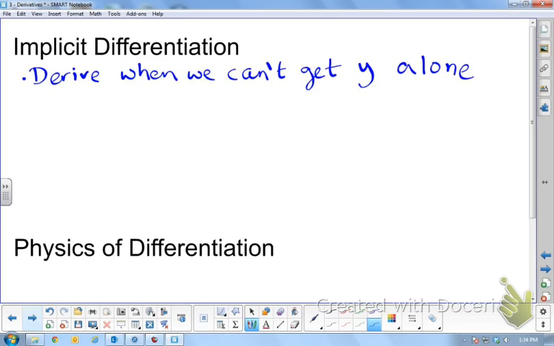We sometimes want to implicitly differentiate, I don't know why I cannot say that word very well, when we want to take the derivative with respect to a variable that's not in the equation. A lot of times, what do we want to differentiate with respect to? What do we want to figure out a rate of? Over time. A lot of the time, we want to do like dx dt. We want to know what's going on over time. But often, our equations aren't even in terms of time. So our secondary goal is to differentiate